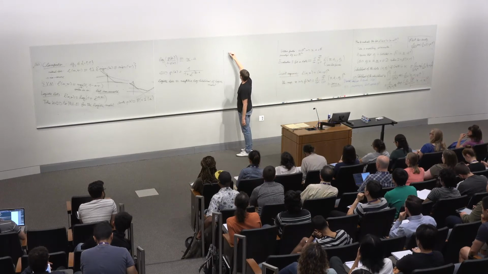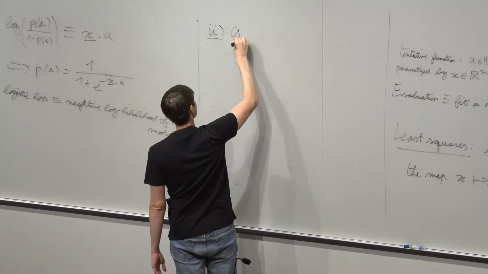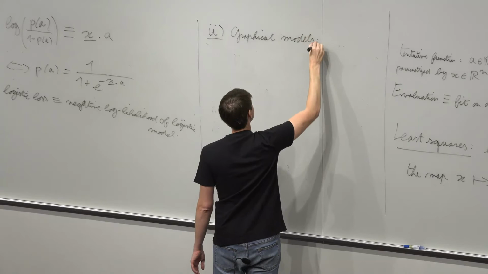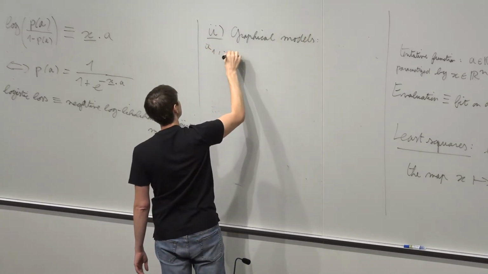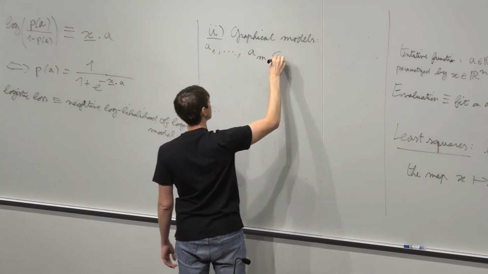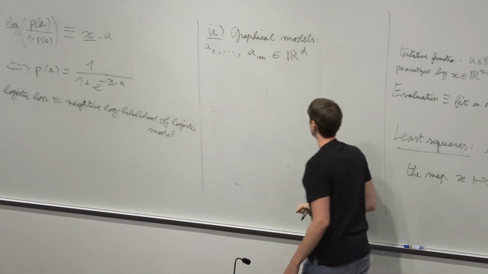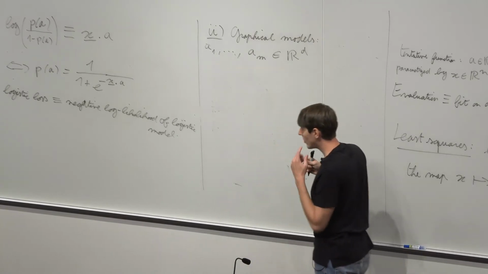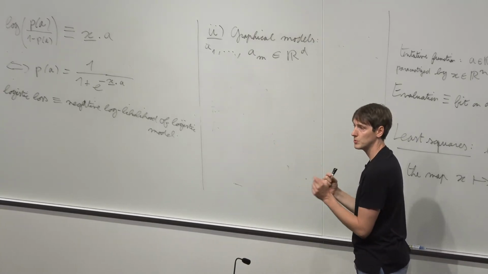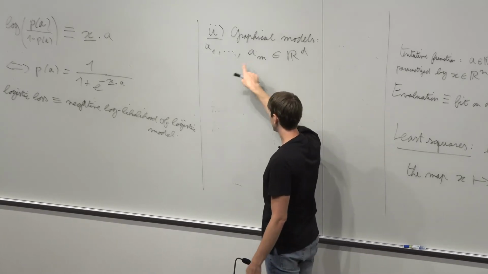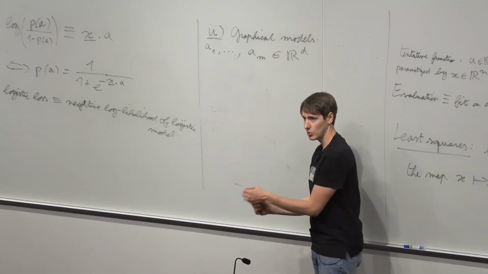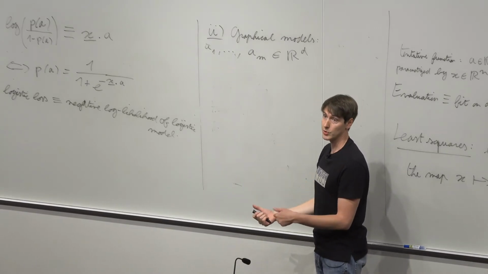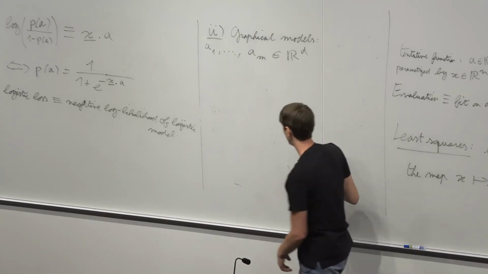So let's look at one example, graphical models. In graphical models, what do you have? You have A1 through AM, which are vectors in R^d. And now you don't have a y. You just have these points. What you want to infer is the correlation structure between the variables. Imagine each one of these feature vectors has d variables, and I want to understand the correlation between these d variables. Can I try to predict the third coordinate using the first two coordinates? Something like that. Okay, so the question is: